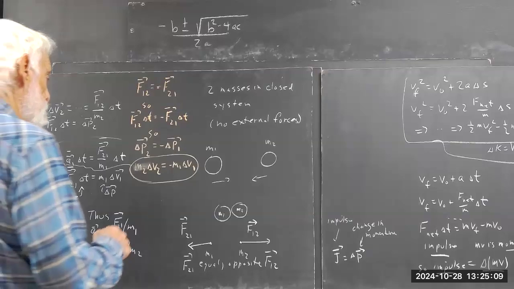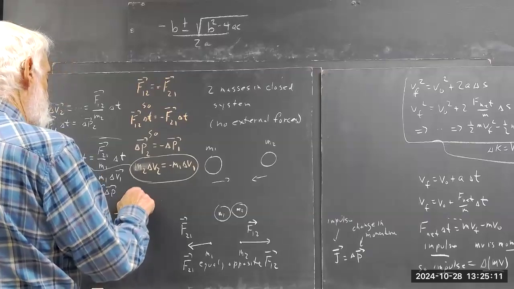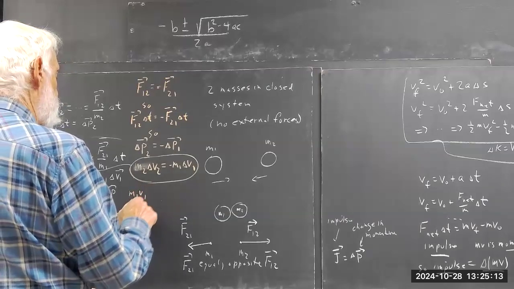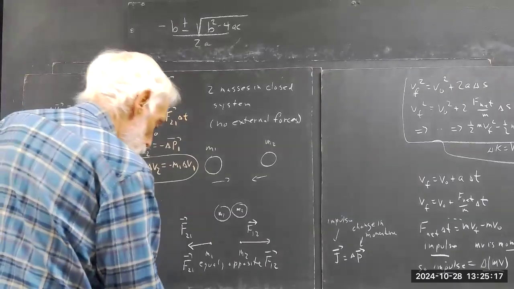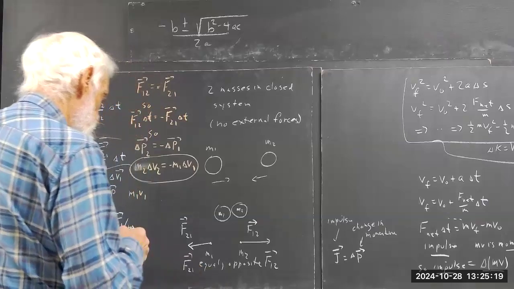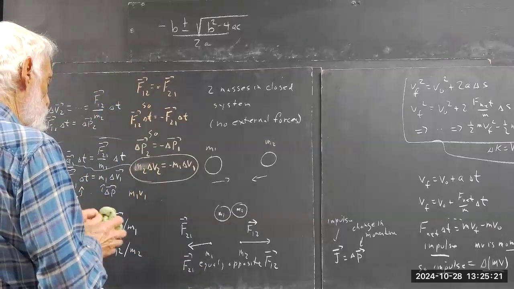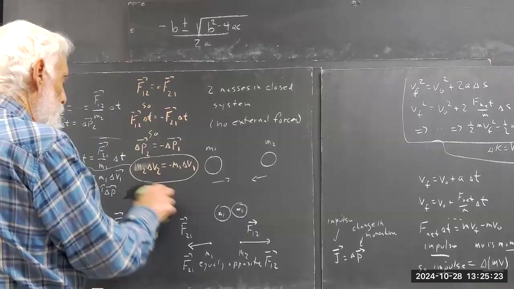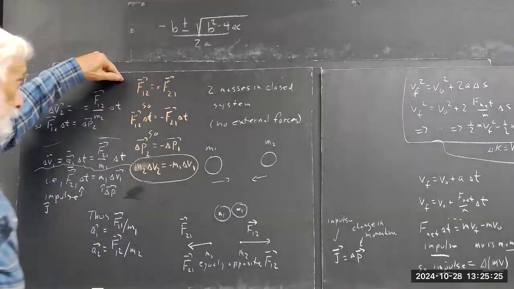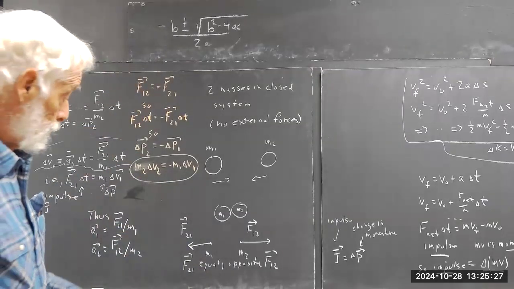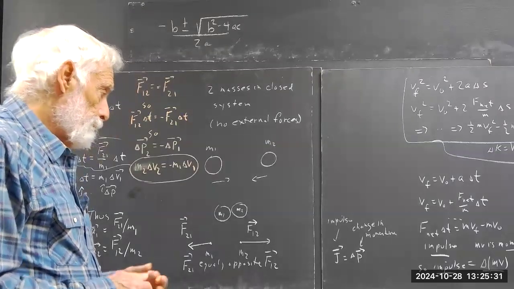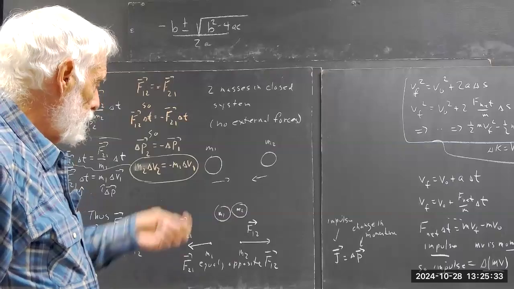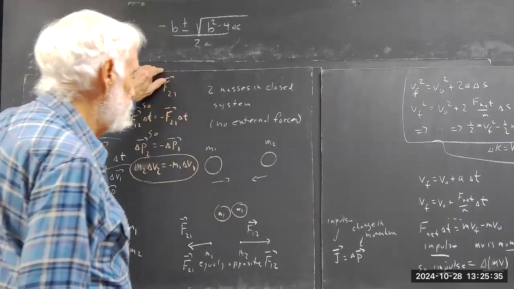And then this one can be written as, I don't want to write too many subscripts at this point. And I really don't like the equation very much because people use it without understanding any of this. So what I want to do is consider what happens if these two masses, well,